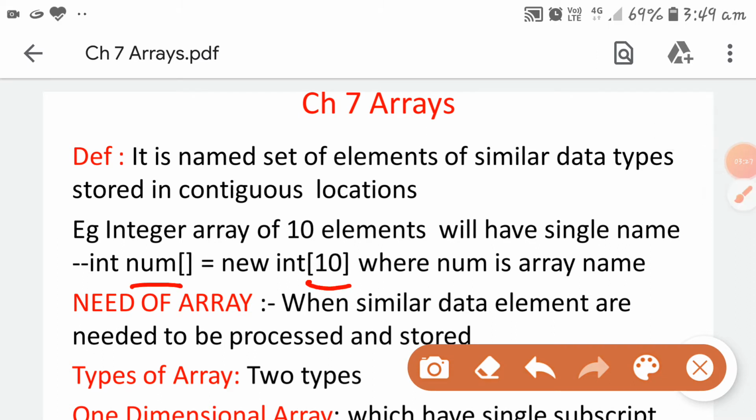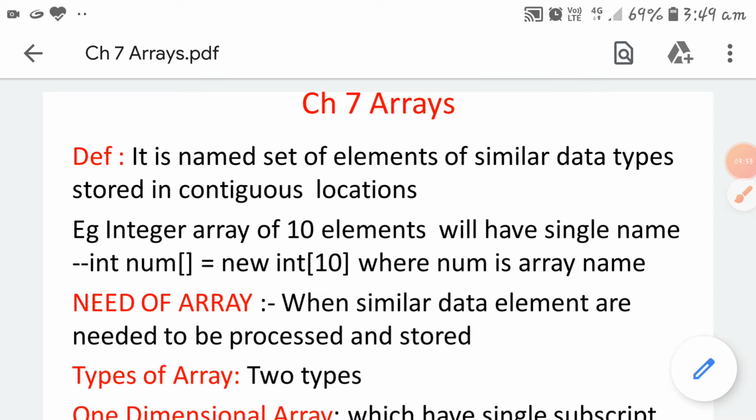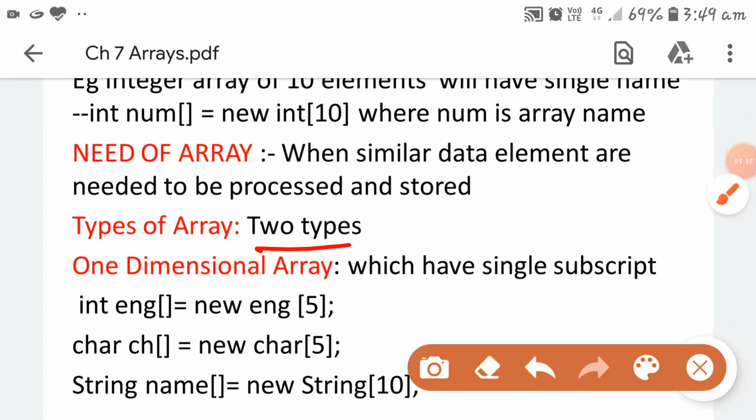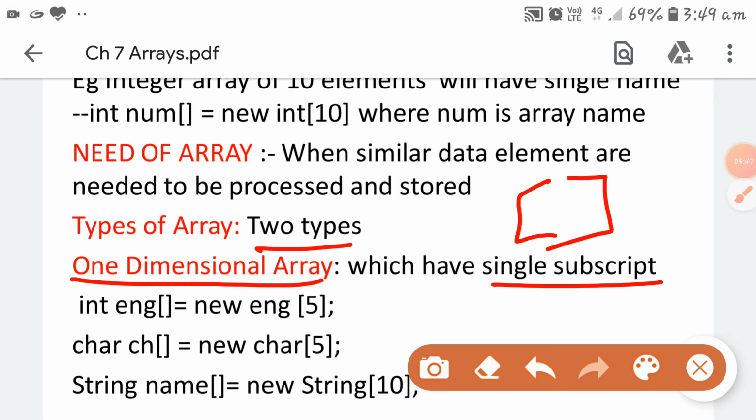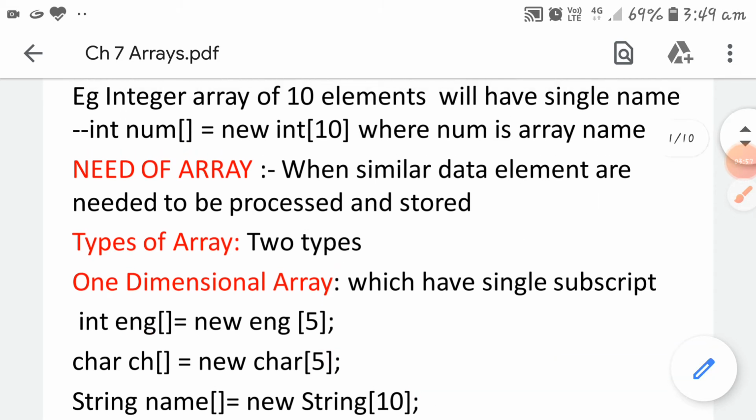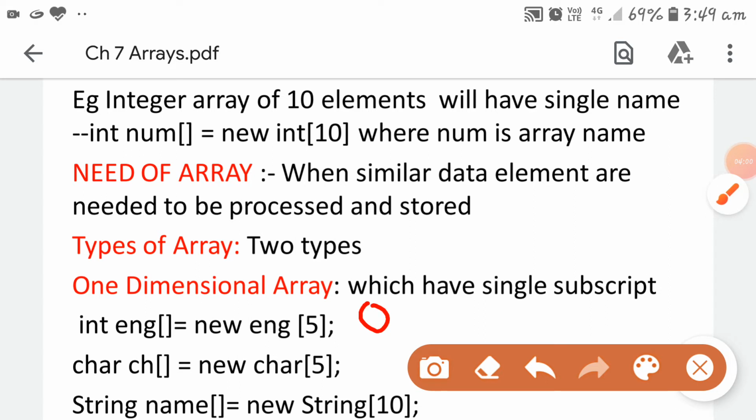Now what is the need of the array? When the same type of data elements need to be processed and stored. Now the types of arrays: there are two types. First is the one dimensional array, which has one subscript. For example, English has 5 indices, meaning English marks of 5 students, starting just like a string from location 0, 1, 2, 3, 4.